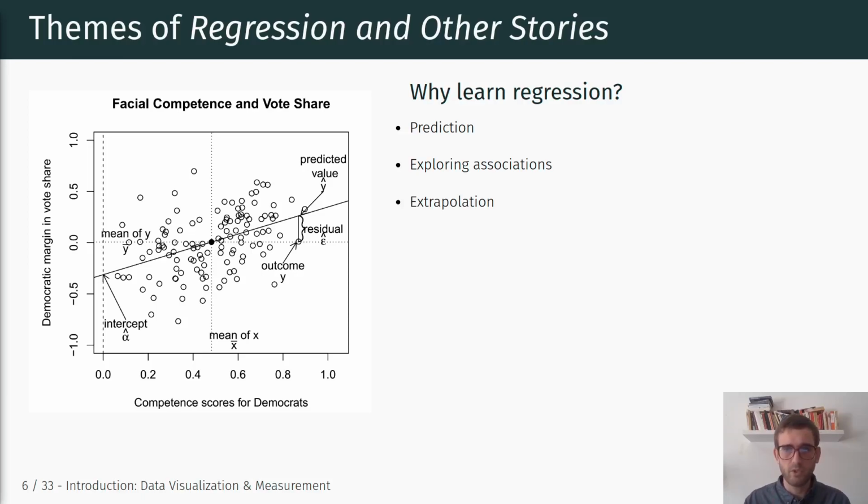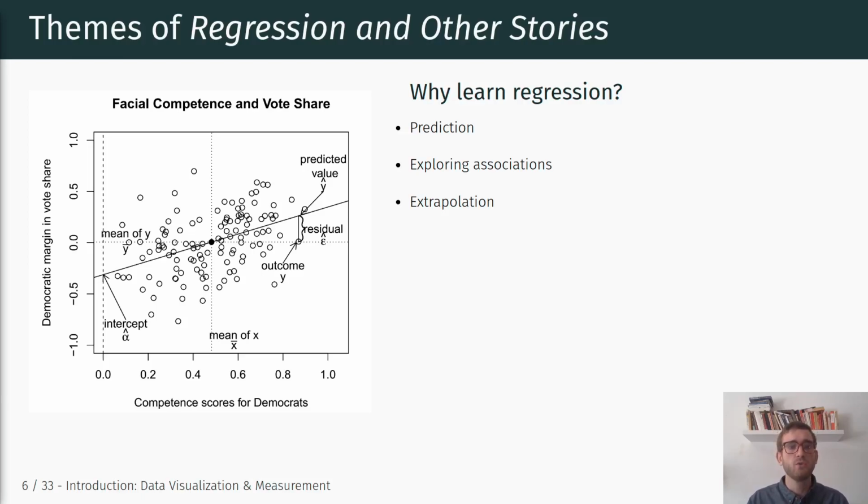The third point is extrapolation. And what we mean here is not prediction as I talked about previously, but extrapolating from one sample to some other population or some other sample, right? So basically we have here a sample based on electoral races where candidates were running for Congress. We could now think about adjusting for differences between this sample and, for example, if this was based on a student sample rather than some representative sample of people who evaluated the perceived competence,